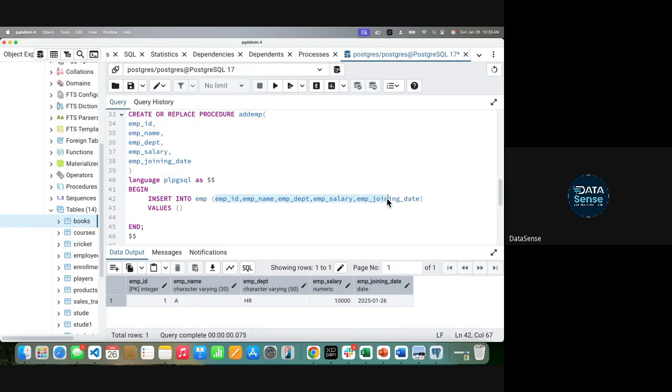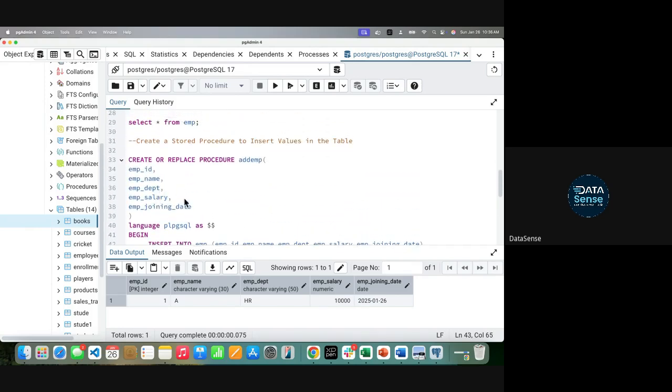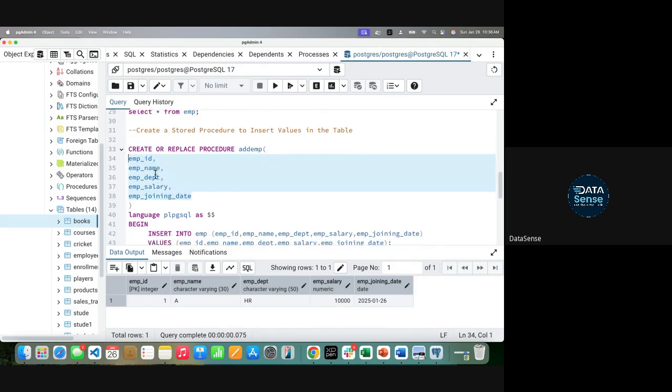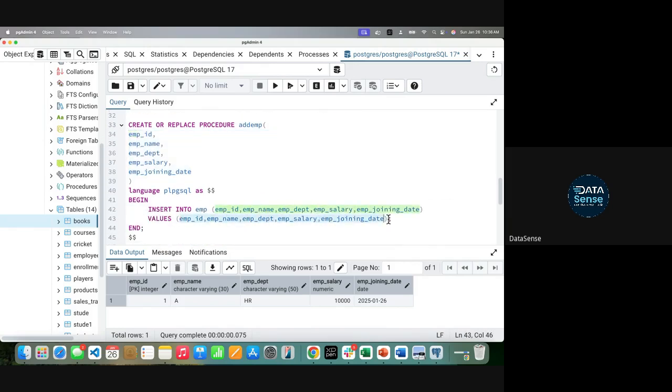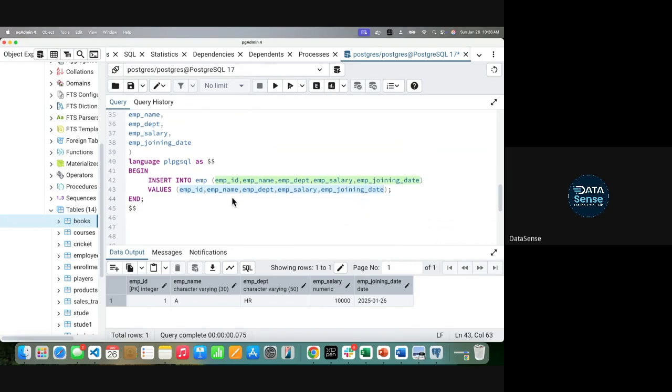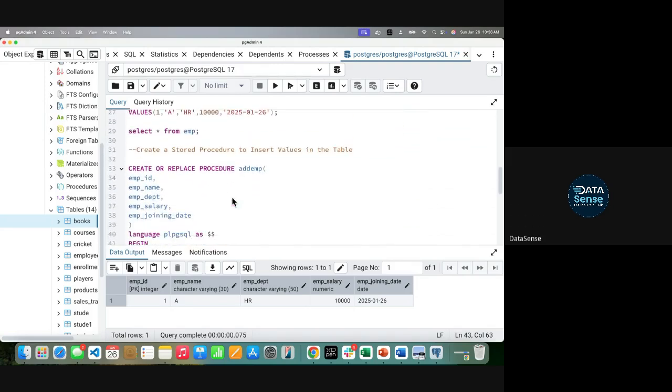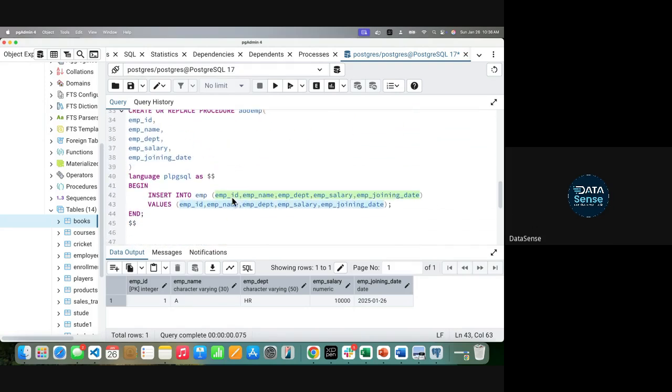Because I have used the same name, I'll just pass things here. What is happening now, try to understand, is that these things are mapped. What I mean by mapped is that this stored procedure is taking these variables as inputs. It is passing these inputs into these values, and these values are then getting executed. They are basically getting inserted. So this is how you just created a stored procedure. Any doubt, anyone? There is one more method of using formatting and passing the variables, but that I will do after this. First, tell me, any doubt in this one?